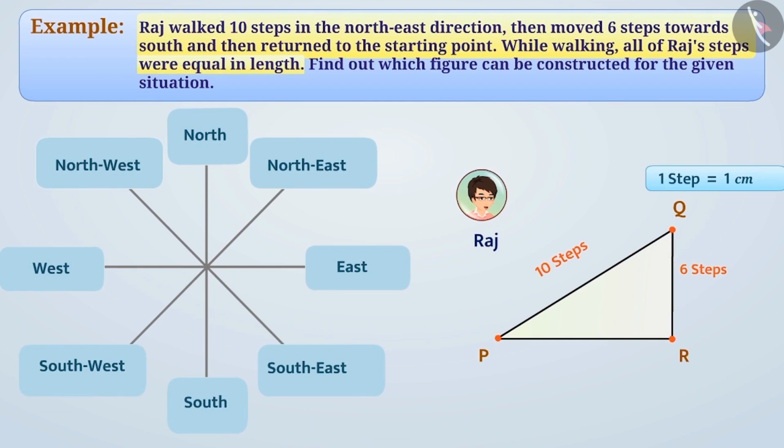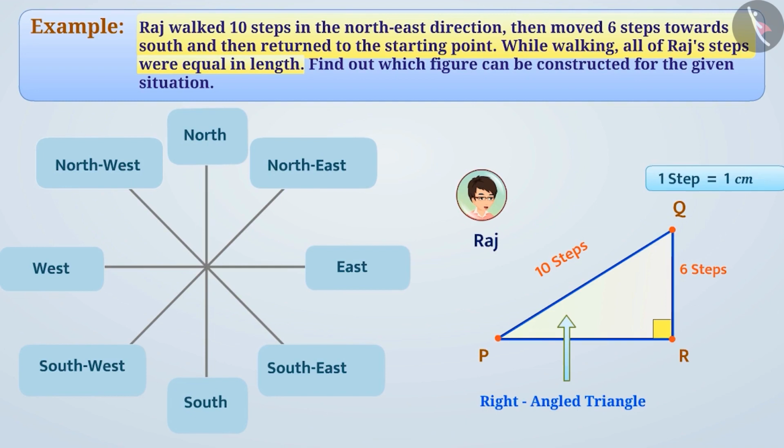On the basis of the angles, can you tell the type of triangle that is formed? Think for a while. Let me tell you. We see that point P is in the west direction from point R and point Q is in the north direction. This means that the side PR and the side QR form a right angle with each other. That is, triangle PQR is a right angle triangle.